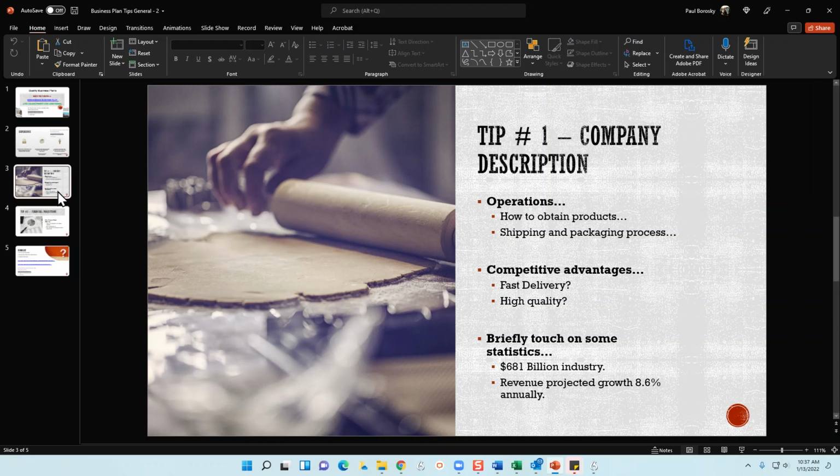Next is going to be your competitive advantages. There are a lot of industries and businesses out there in e-commerce, which means you're going to have a lot of competition. Your competition is not just going to be across the street or down the road or in the same city or in the next city or in the next state. It could be in the next country. It could be around the world. We have a lot of competition going on in the e-commerce industry because it is global.